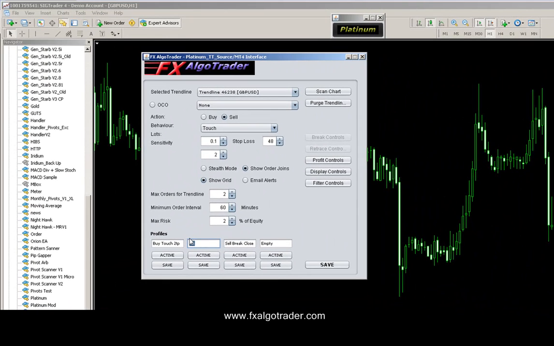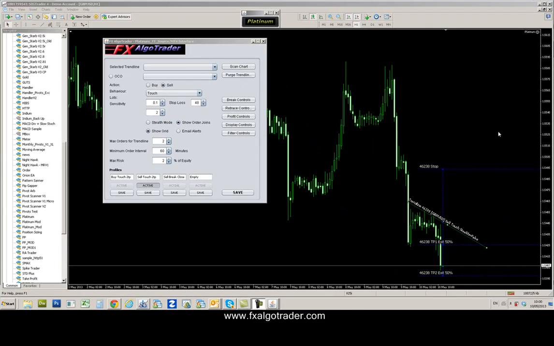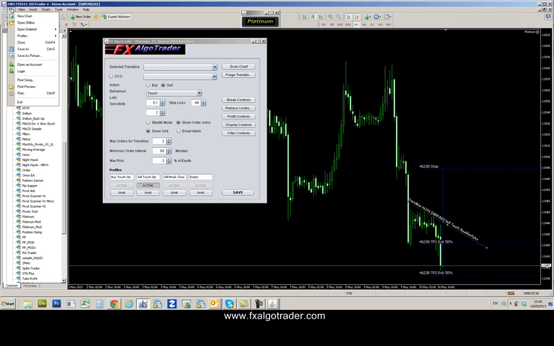If you like the way you've set the trend line up, you can just set a profile which will allow you to very simply deploy this trading methodology onto another trend line within 2 mouse clicks. To do that, you just go to your profiles section down here, and you call it something like sell touch, and then 2 TP if you like, for 2 take profits. And when you save that,